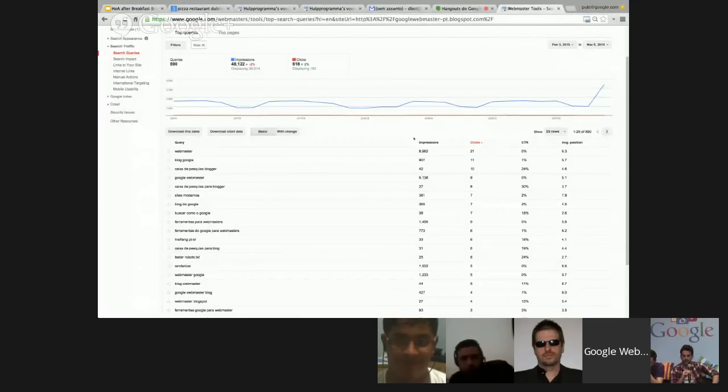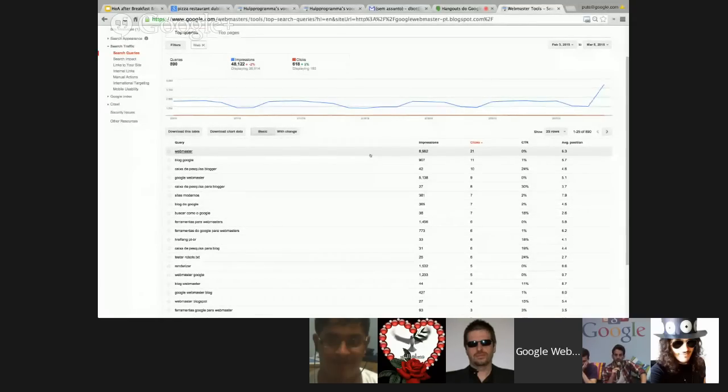But it also allows you to see if you're actually having the right content, and if you're appealing enough to get people from seeing you to actually engaging with you. A very good example of this, and for the sake of this demo, we're using the Portuguese Google Webmaster blog. We're happy that we're ranking and showing up for the query webmaster, because this is the type of person that we want to engage.